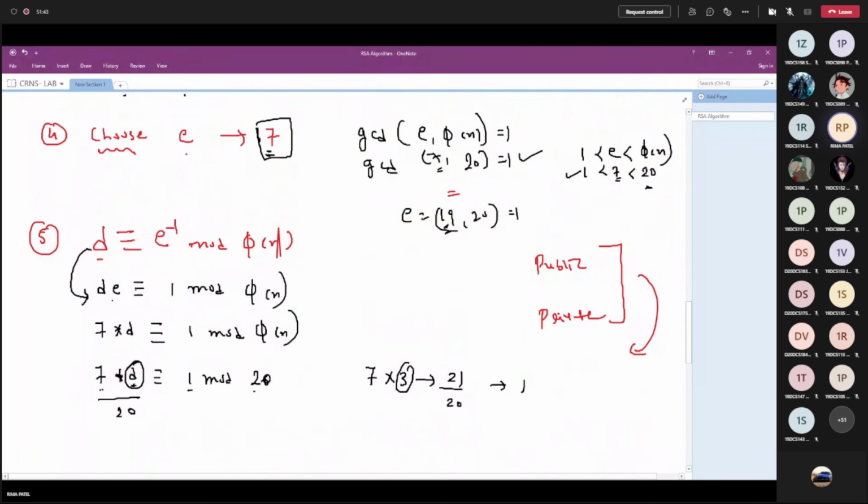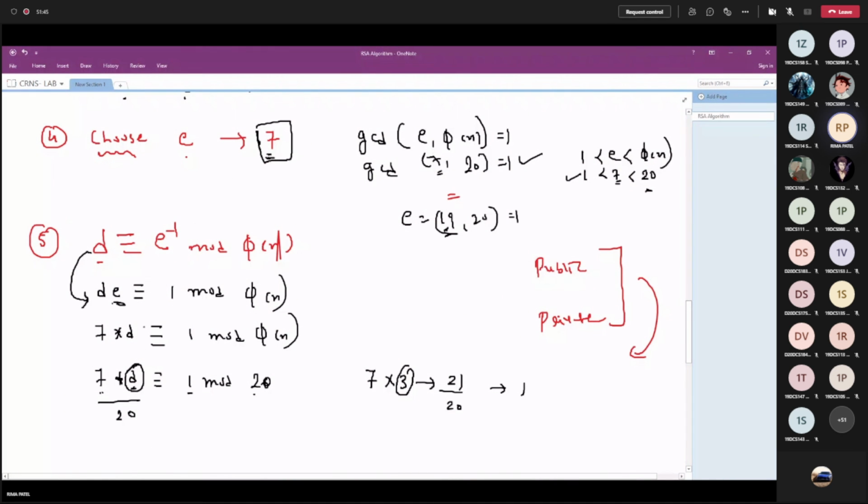But if my value of E is 19, definitely I'll be having a different value of D. Ma'am, but then isn't that a flaw, a loophole? No. There can be multiple decrypting keys. See, we are connecting E and D. How am I calculating D? On the basis of the selection of E.